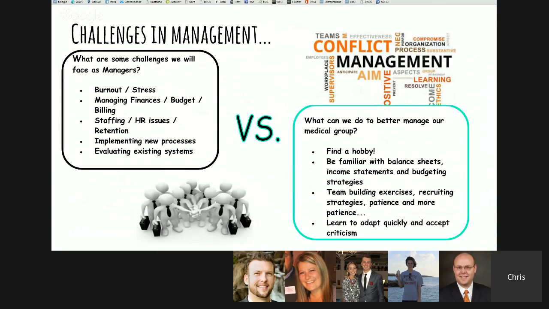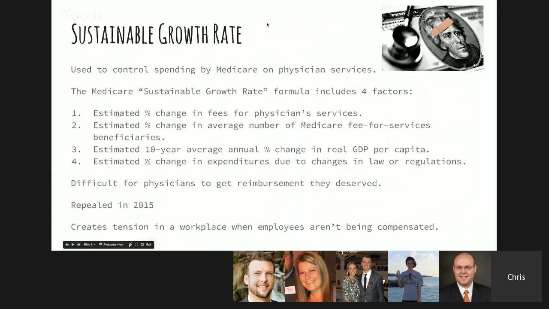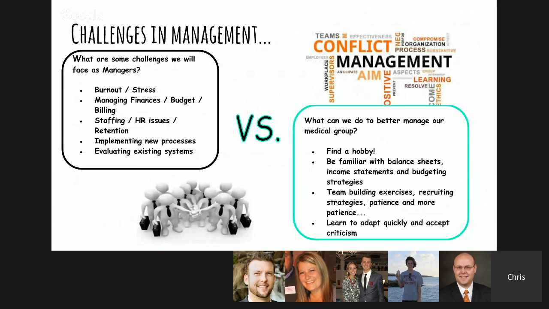This slide is my slide. Challenges in management. Some of the challenges I have in the box there on the left-hand side. Some of the things that I've seen other managers stressed out with: burnout and stress. Whenever we work in the environments that we work in, it's always high-paced. We're required to problem solve. We're required to do all those things that make us mentally tired at the end of each day. So burnout and stress is one of the number one factors, I believe, that lead to management challenges.